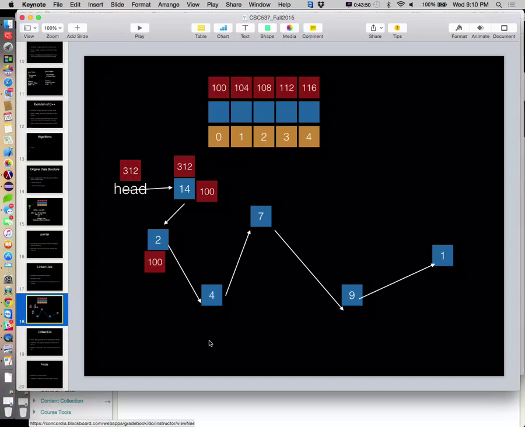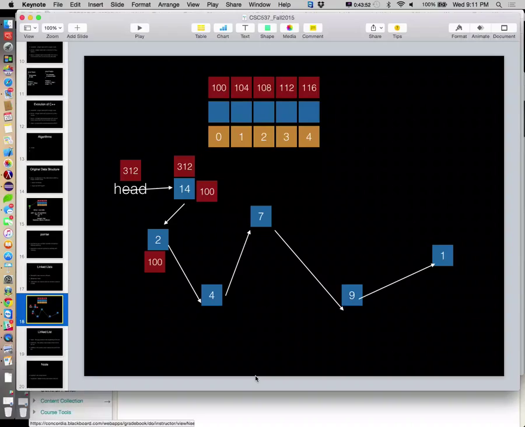So if I'm looking at this picture, how do I know I'm at the end of the list? Yep. When we get to a node whose next node is null, that's the end of the list. Make sense? All right. So let's get rid of some of these red squares just to clear this out a little bit.